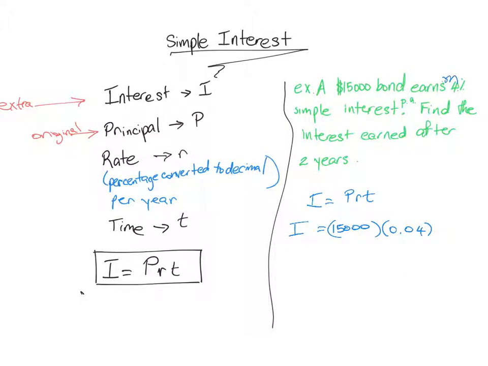And time, 2 years. So you want to make sure that time is in years because our interest rate is in years. You want to make sure that our interest percent rate and our time are in the same type of timing. Okay, so they're both in years. So when you multiply these two numbers, you get that interest is equal to